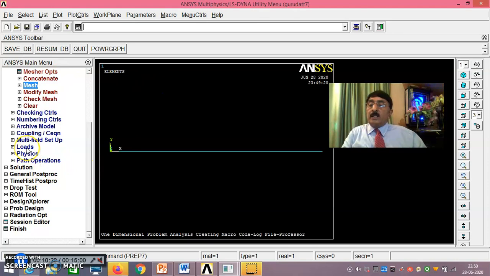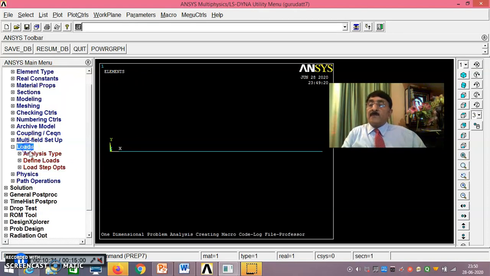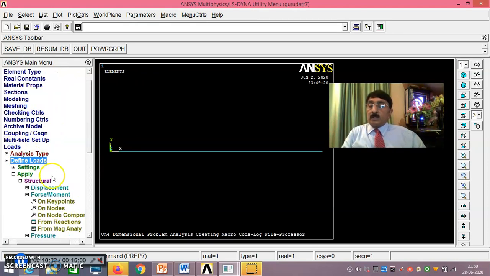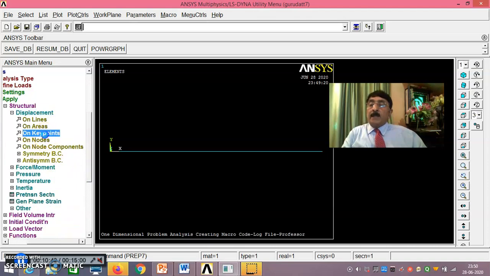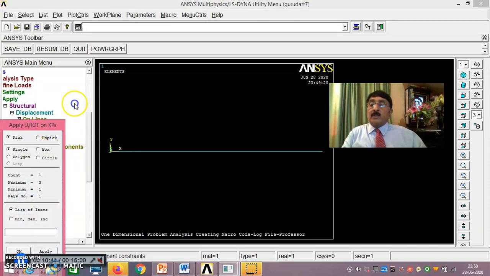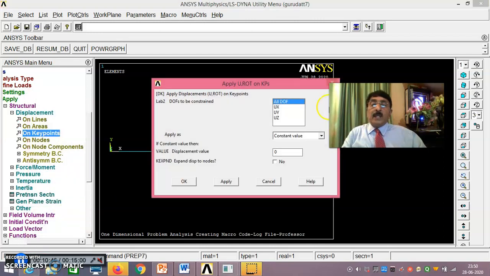Then I'll go for loading. Loads, define loads, apply structural displacement on key points. You click on this, just say okay, all degrees of freedom you make it 0.